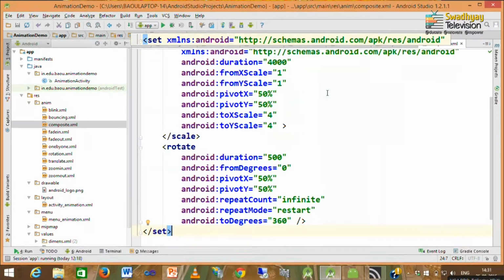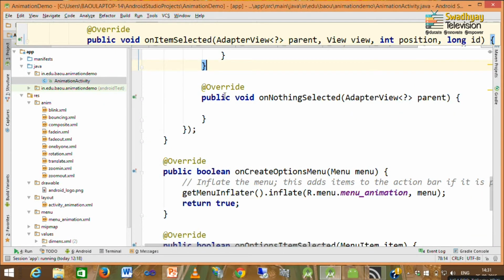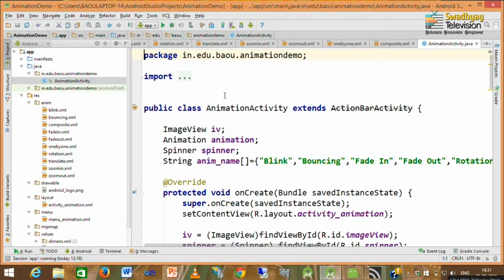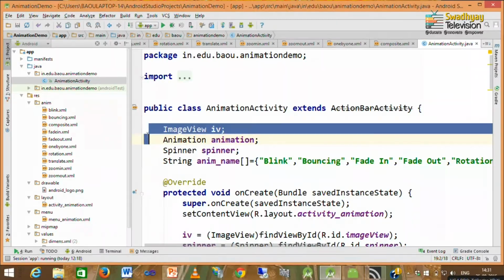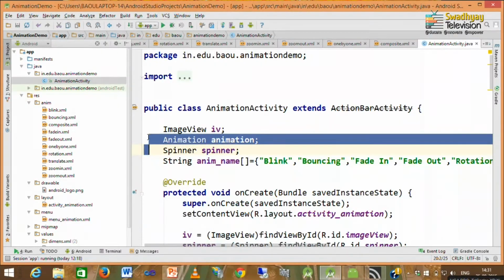Now, the next part is how to load this animation for our image view. So, we go to the AnimationActivity.java file. Here we start with this image view. Now, this image view represents our image view at design time. Then you have to create one animation object to load animation.